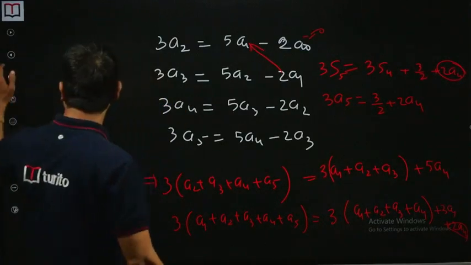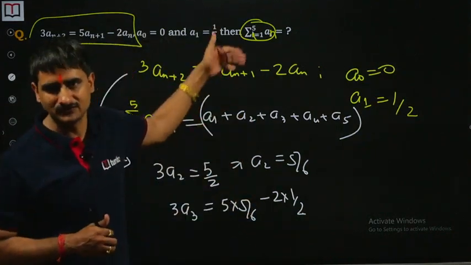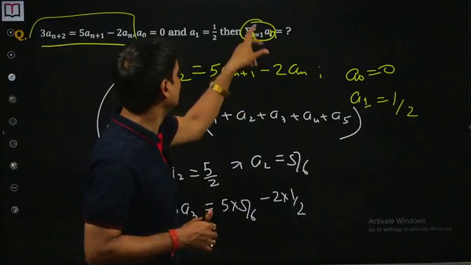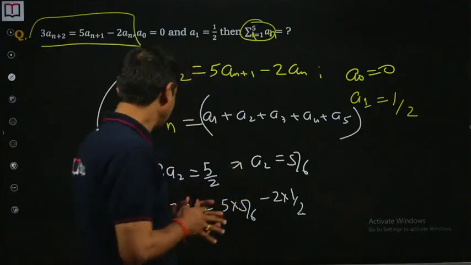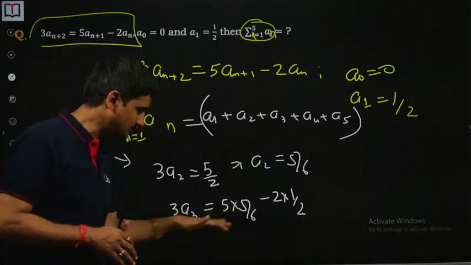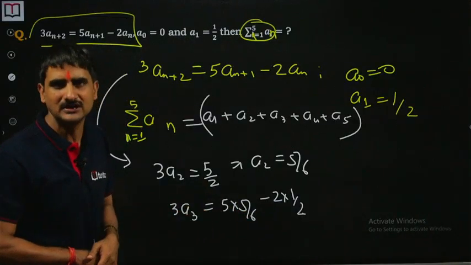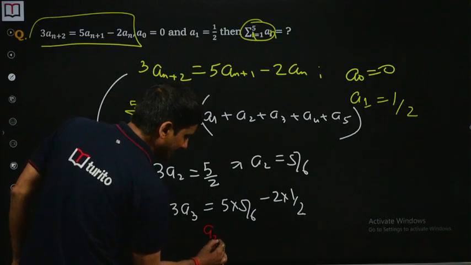Chaliye, anyway, you can analyze it the other way also, but maybe that's why they have asked only for 5 terms, or there might be some error also, since it's a memory based question. But to find 5 terms till A5, you will be required to do a bit of calculation here. It's not that easy also, okay, because as we can see here, you go for A3, it will be 25